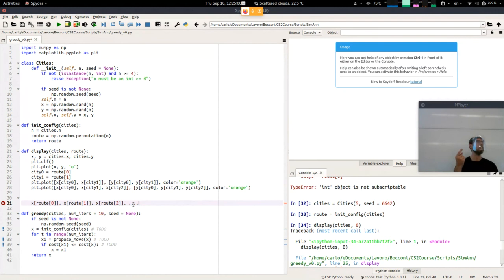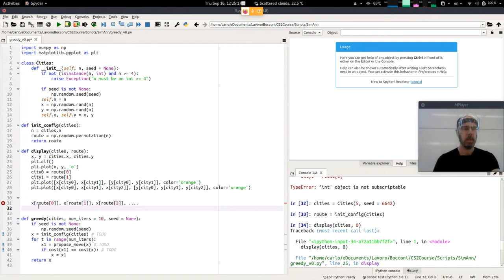There's a NumPy indexing trick. You know it? I bet lots of you do. You want to have a list, or rather an array, that looks something like this: it gets up to x of route n minus 1. You want to get this, but in just one line, and obviously without the dots, because the dots don't make sense. How do we do that? You just put the